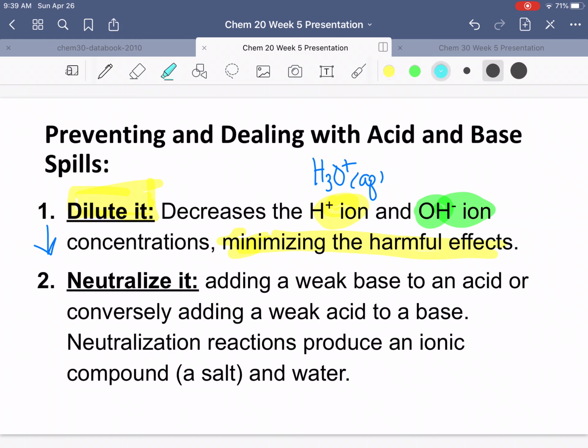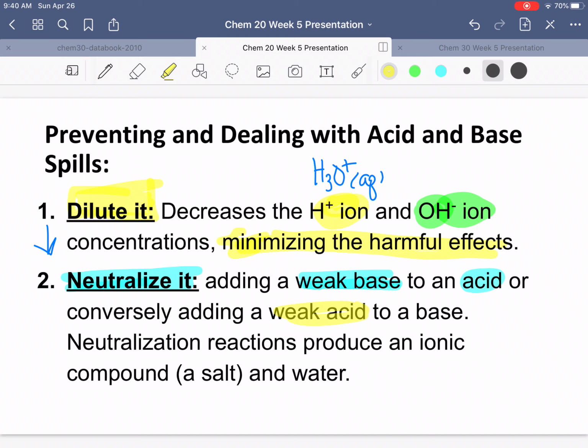A method which will actually get rid of the hydronium and hydroxide is a neutralization. And this is the one that we'll focus a little bit more on in the last unit. But ultimately, if you take a weak base, because we don't want to introduce a strong base into the environment, like baking soda, that's NaHCO3, by the way, that was in that very first lab investigation. Okay, and if you add that to your acid,